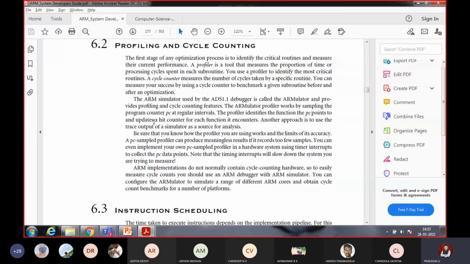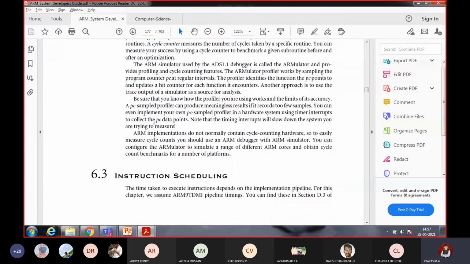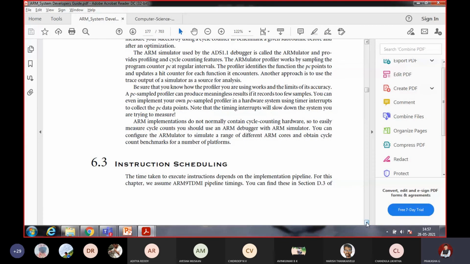Next one is instruction scheduling. How we can schedule the instructions. The time taken to execute an instruction depends on the implementation pipeline. For this chapter, we assume the ARM9TDMI pipeline timing. That is, ARM9 is having how many stages? 5 stages. Okay, all those 5 stages we have to consider for the discussion.